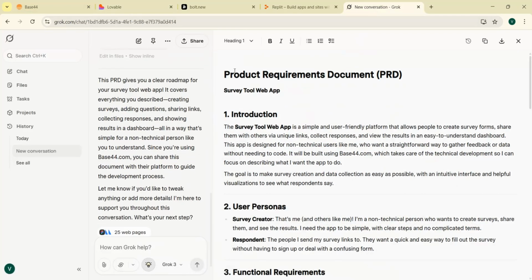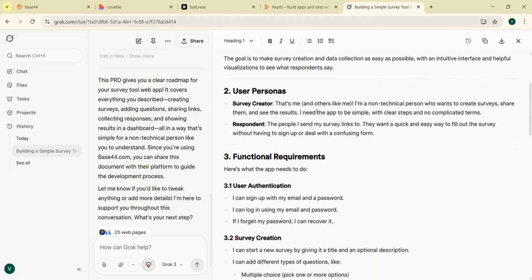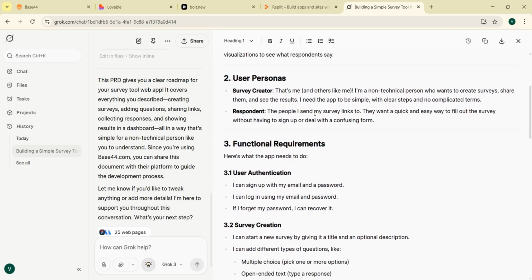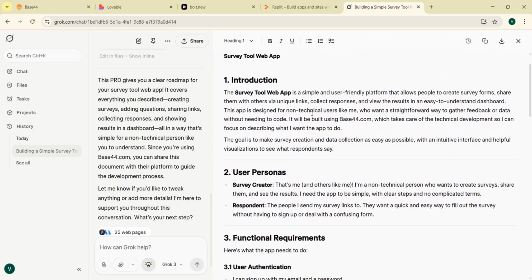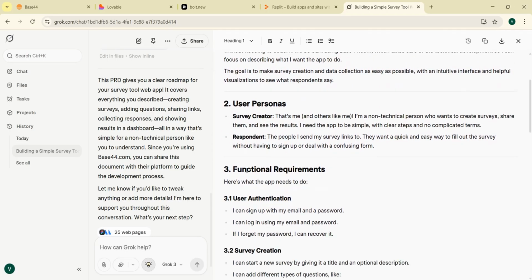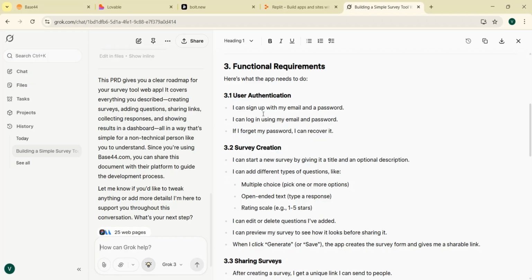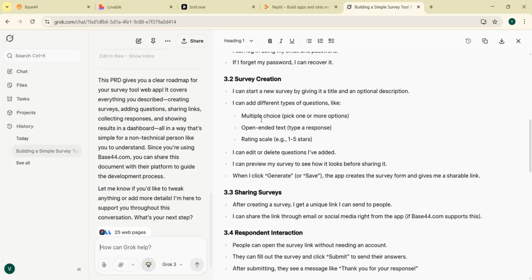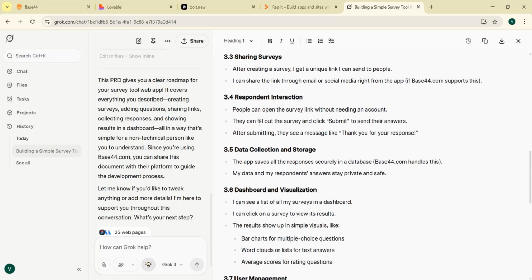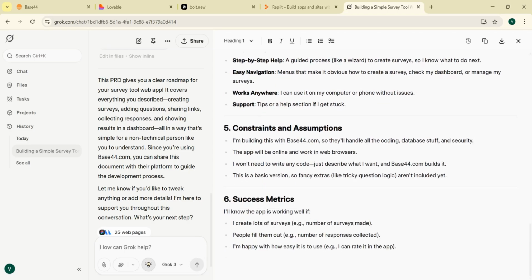Okay, Grok has finished and it has given us our product requirement document. It's telling us what it's going to create or what the product should look like. It should have user personas, functional requirements, user authentication, survey creation, sharing surveys, and so on. Now, we need to enhance this